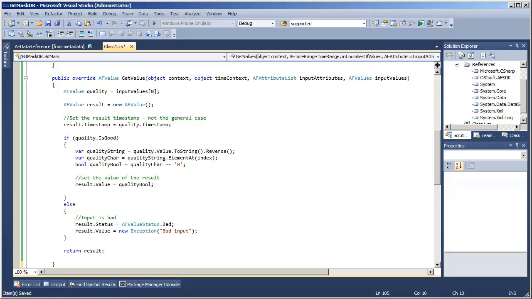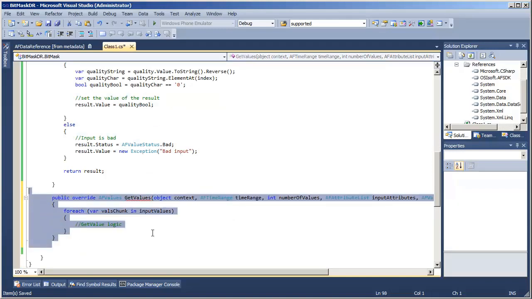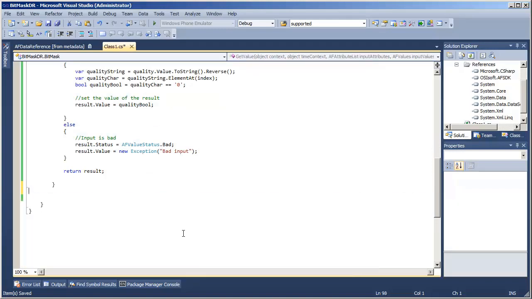The SDK already includes that, and in our case, that's exactly what we want. So I don't need to override this AF values. All I need to do is tell the SDK that it's perfectly fine to use its base implementation.